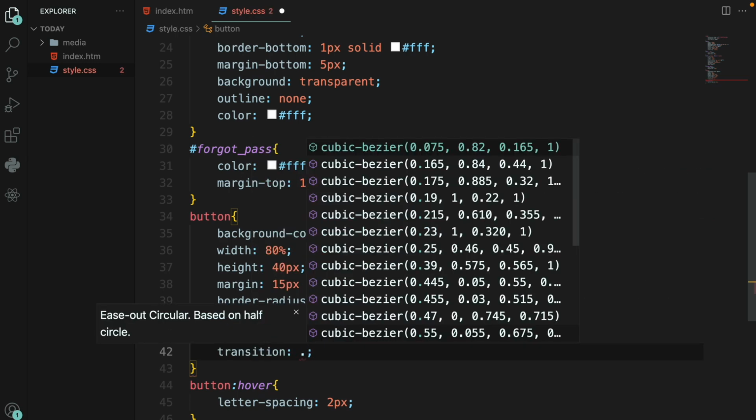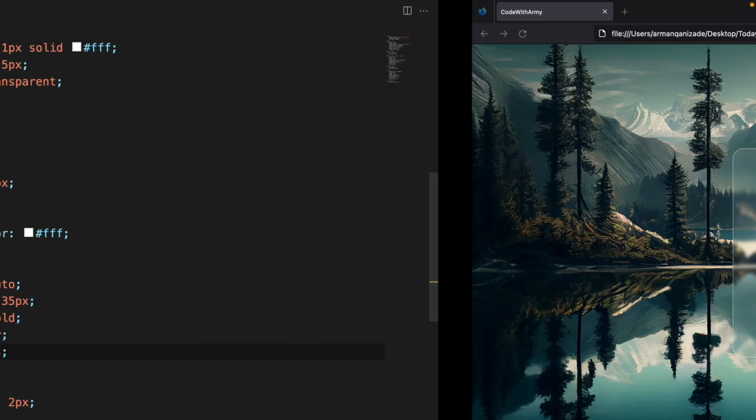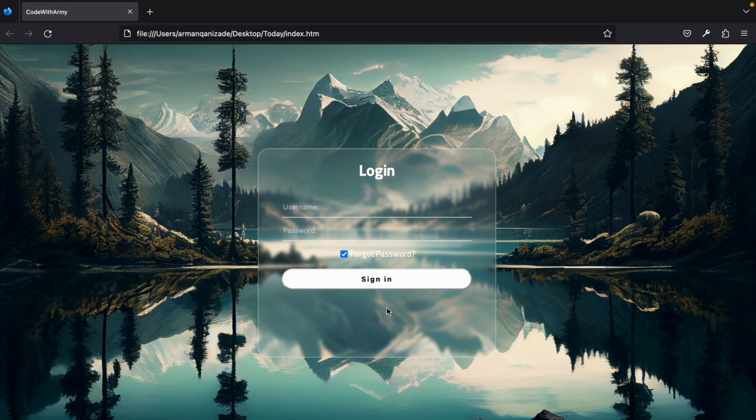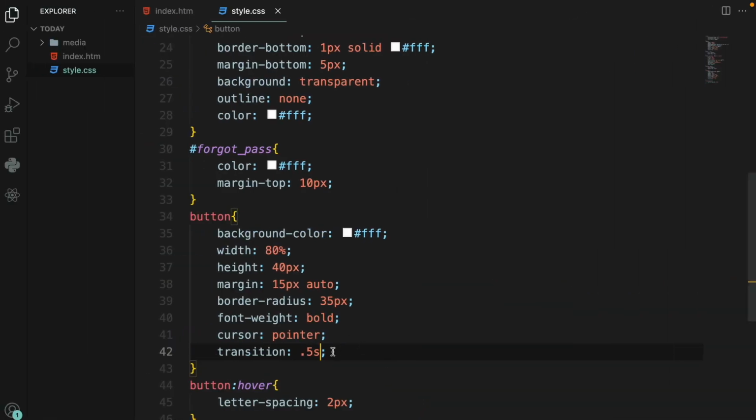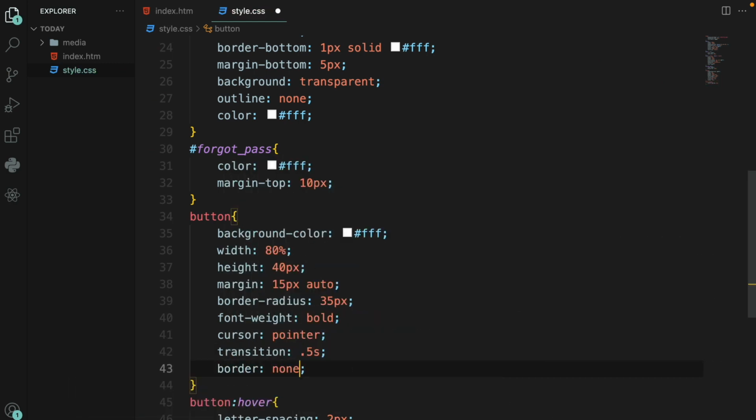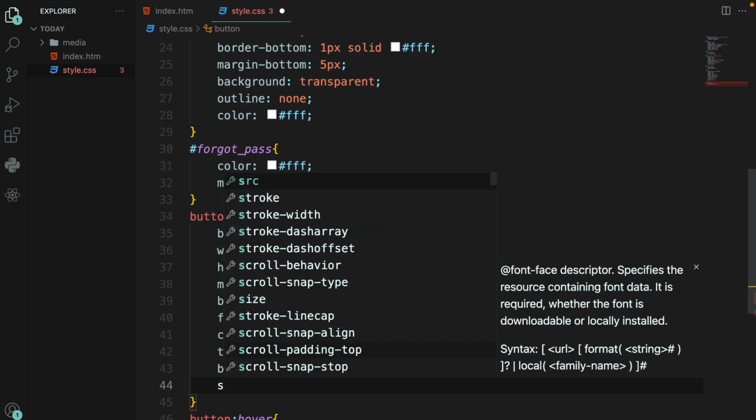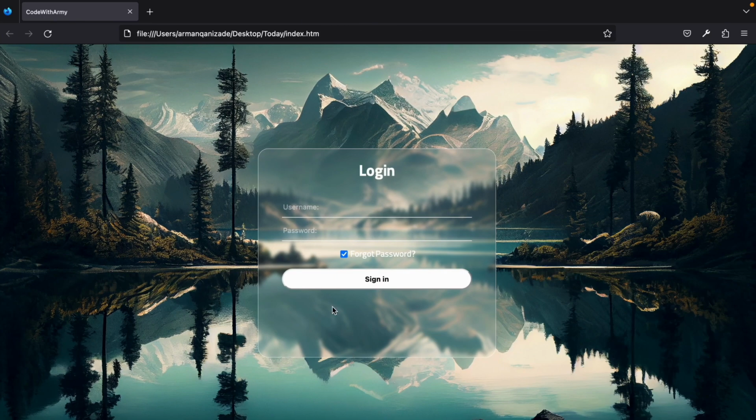Transition maybe 0.5 second is good. Yes, cool. And this button don't need border none, and now it's cool. And let's go for the last part, a paragraph here